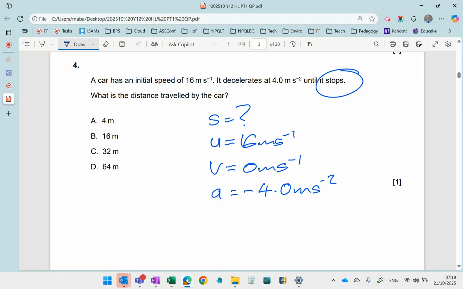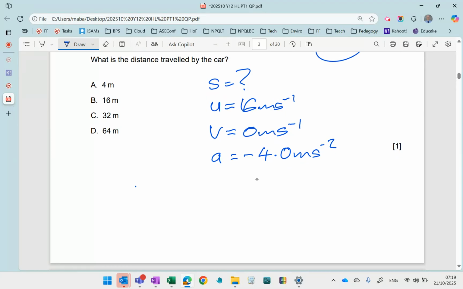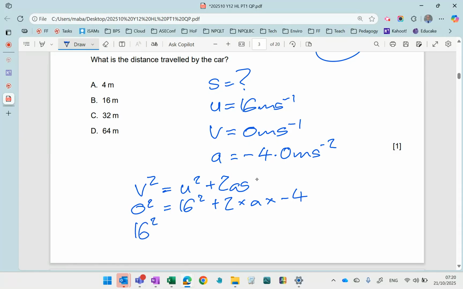So we've got everything that we need. No mention of time, so there's only one formula that links all of these four things together, and it's v squared equals u squared plus 2as. Substitute in 0 equals 16 squared plus 2 times a times minus 4. So if you've got 16 squared on one side, you take that over to this side, so that's going to be 8a. 16 squared divided by 8, that's going to get you,